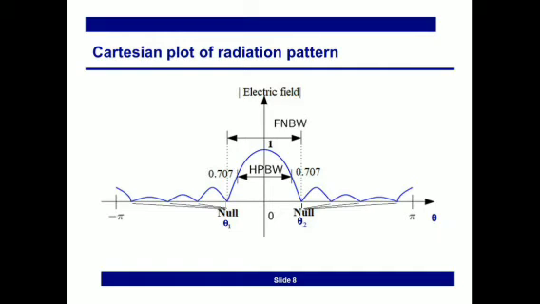The half power beam width can be found by coming to 1 upon 0.707, that is 1 upon root 2, from the maximum value of 1. If we come down from this value of 0.707 on both sides, then the angular separation between these 2 points is called the half power beam width. Similarly, the first null beam width can be found by subtracting theta 2 minus theta 1, that is the angles where we get the first nulls adjacent to the main beam of the antenna.